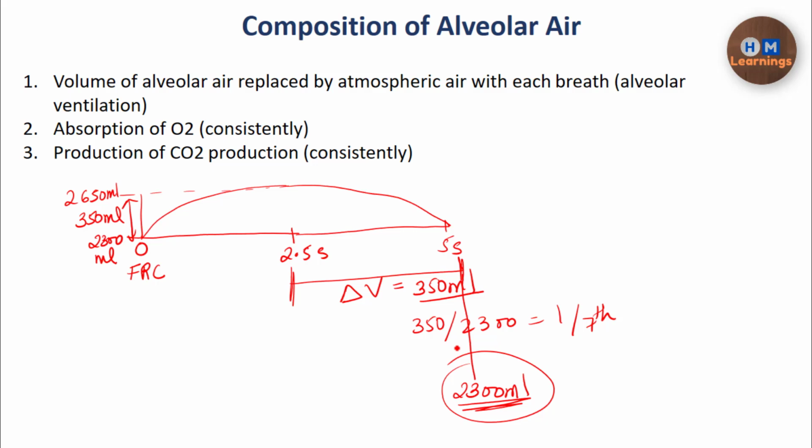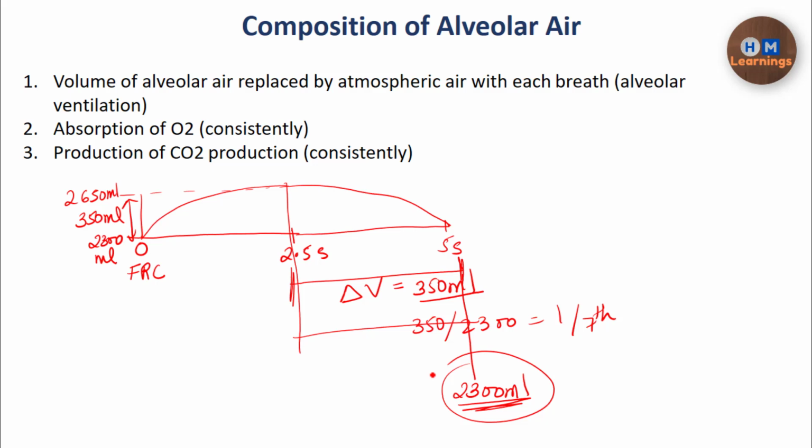So during inspiration and during expiration, the partial pressure of oxygen and the partial pressure of carbon dioxide are going to be different because the volume is different. During inspiration also, the composition of carbon dioxide and the composition of oxygen are going to be different as you compare with a different phase of the respiration.